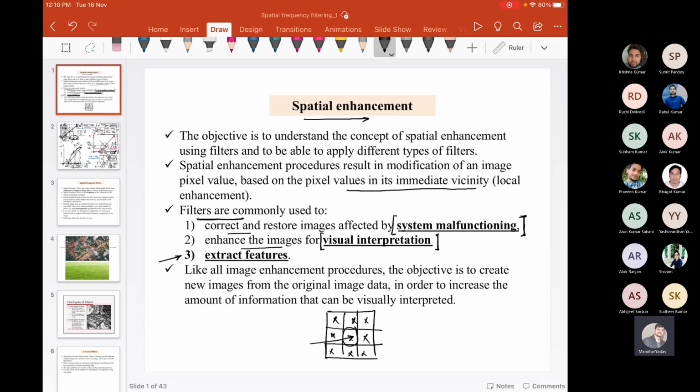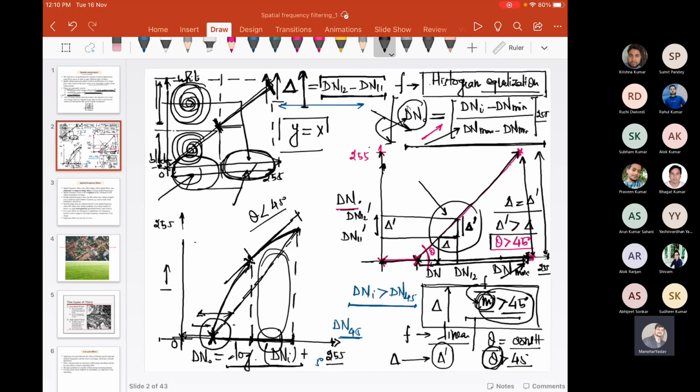One more point I would like to add over here in the histogram manipulation. This process is reversible. You need to keep in mind, the original image is modified. The digital number in the original image is modified to